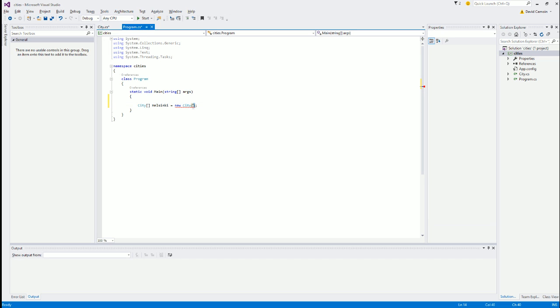Oh my bad, I just messed up. New city, and then we'll make the array three, yeah. Can't remember how to do this exactly now. New city three, and then